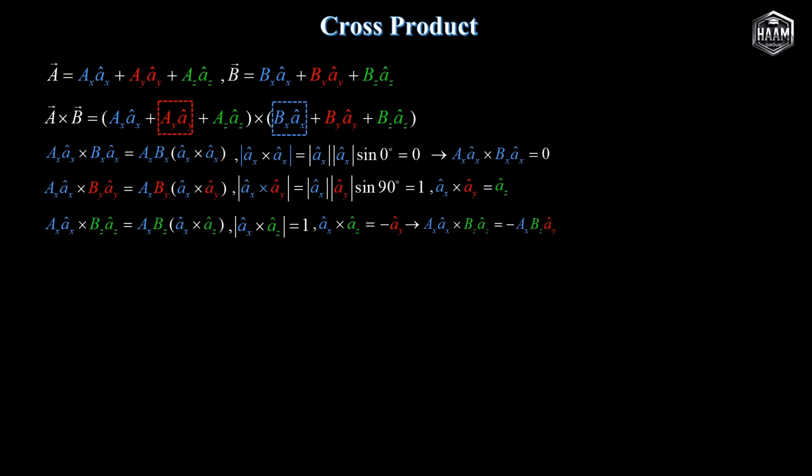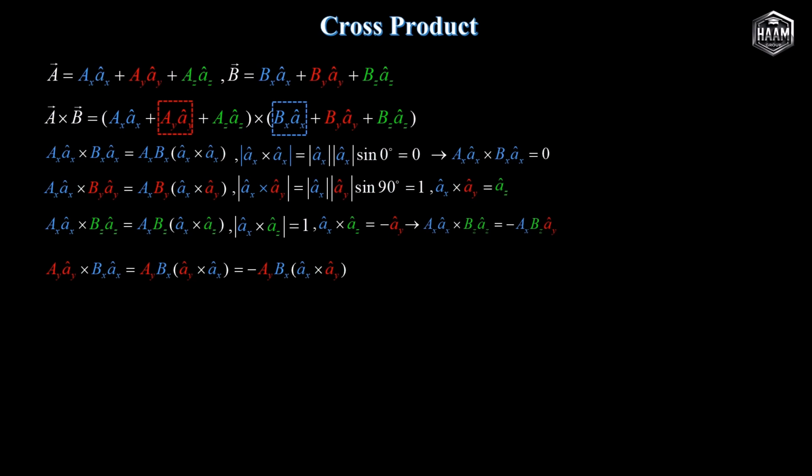We now proceed to the product of the second component with the first, A sub y A hat sub y cross B sub x A hat sub x. The scalar product is A sub y times B sub x. Since the cross product is anti-commutative, interchanging the vector order introduces a negative sign. So A hat sub y cross A hat sub x equals minus